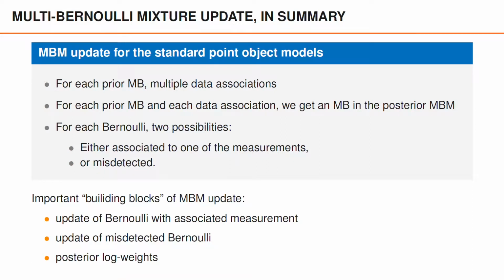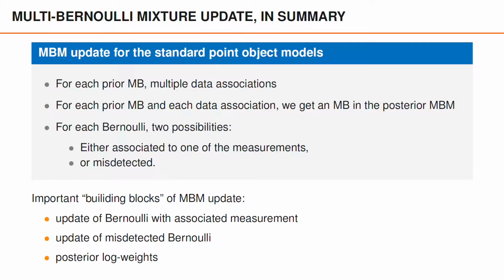So we can say that the multi-Bernoulli mixture update has 3 building blocks. First, there is the update of a Bernoulli to which we have associated a measurement. Then there's the update of a Bernoulli that was not associated to any measurement. And lastly, we have the posterior log weight of the posterior multi-Bernoulli that results from updating the prior multi-Bernoulli with